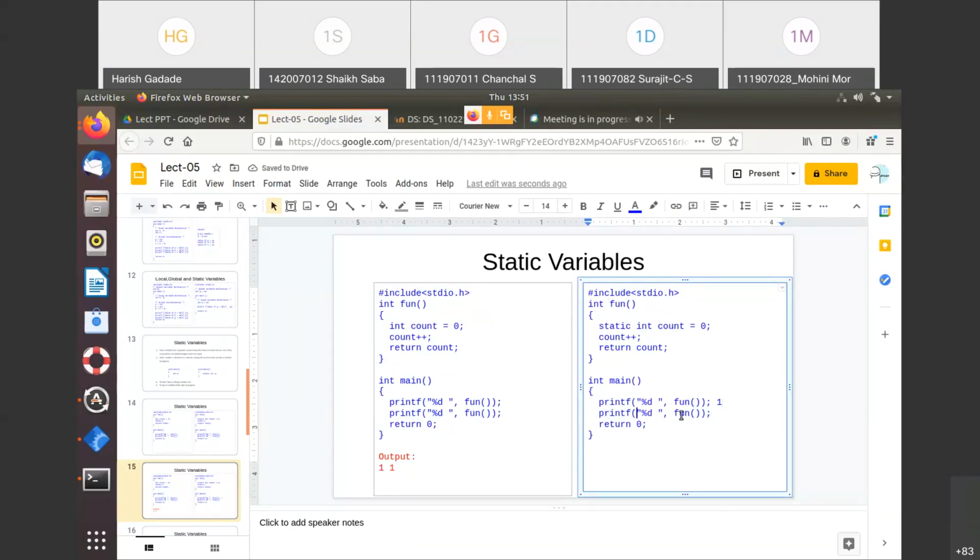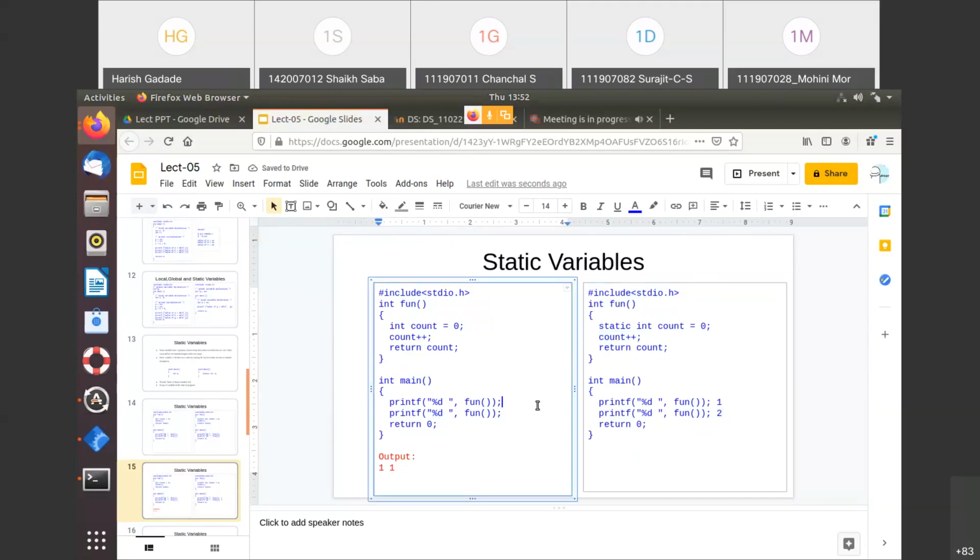Now again, in the second line, we are coming here. So it is calling that same function. It will go here. Now see, it will not take the 0 value. Which value will it preserve? Whatever the recent value, that will be preserved. It means the count value would be 1 as the initial value, and that value will be incremented by 1. It means the initial is 1, increment by 1 means it becomes 2. They return that 2, and here it will print this 2. Getting this? So my output would be 1 and 2.